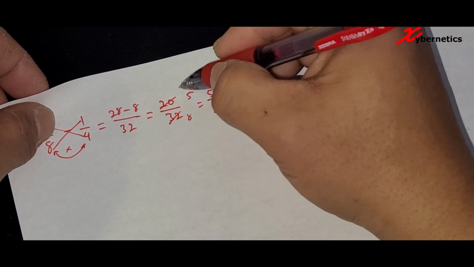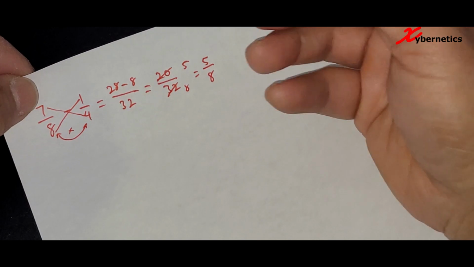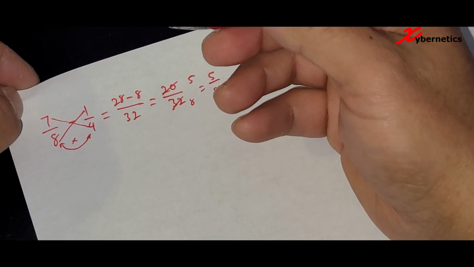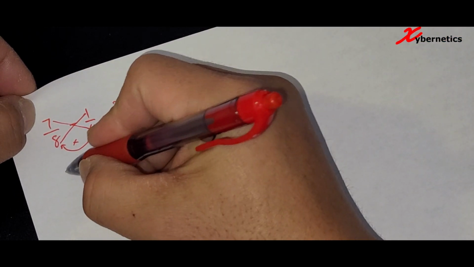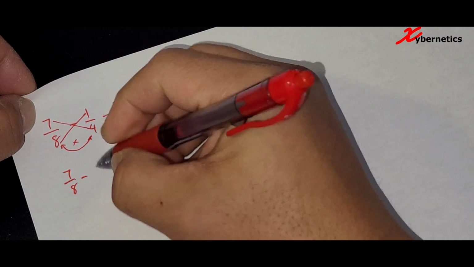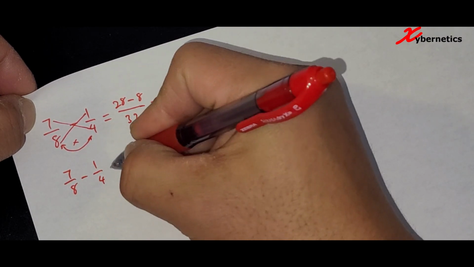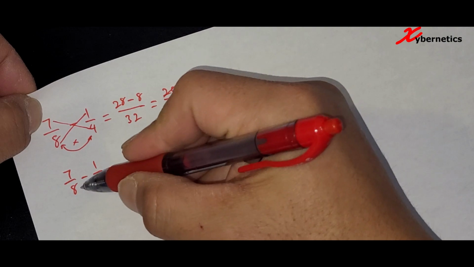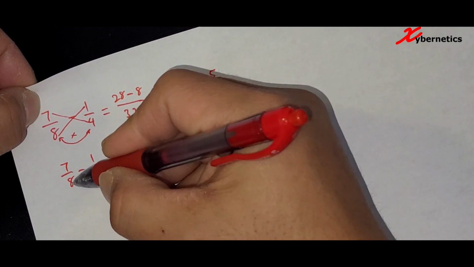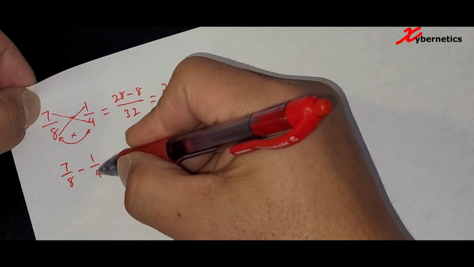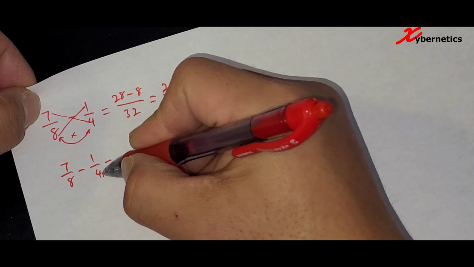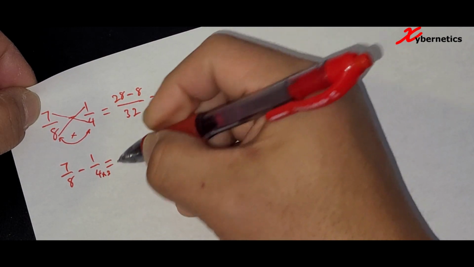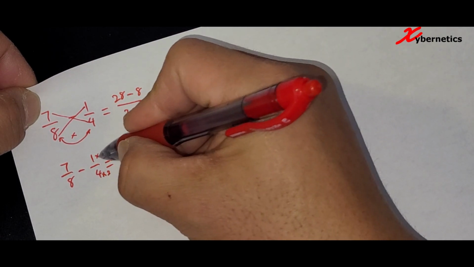You can see there's one extra step here, but let me show you one way to do it which is much faster, so that you don't have to simplify. So let's copy the question again, 7 over 8 minus 1 over 4. The idea behind subtraction of fractions is that you're going to have to make the denominator the same. As you can see, you can easily make 4 into 8 by multiplying this by 2, because 4 times 2 will give you 8. So whatever you do with the denominator, you're going to have to do the same thing